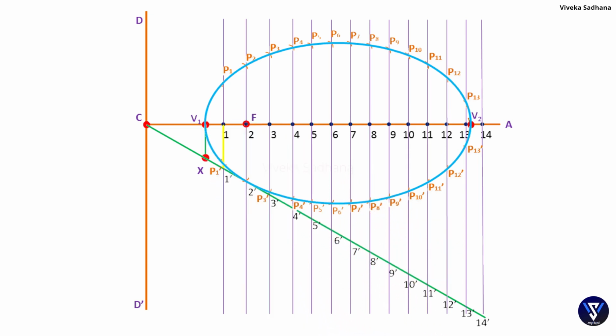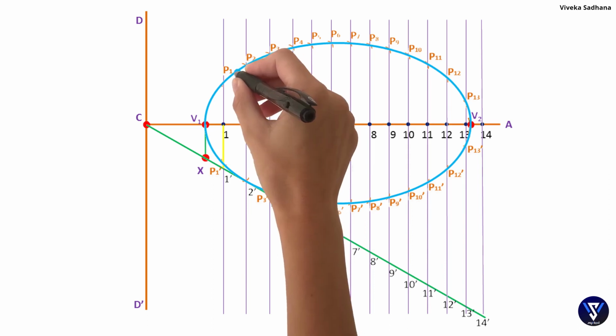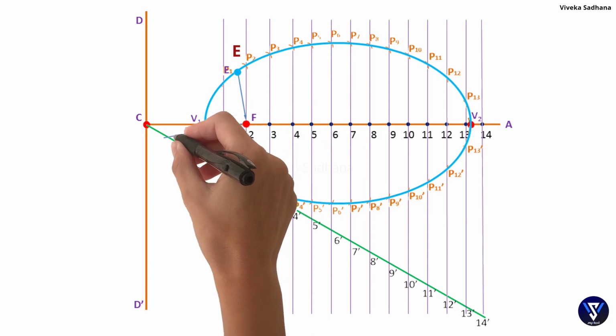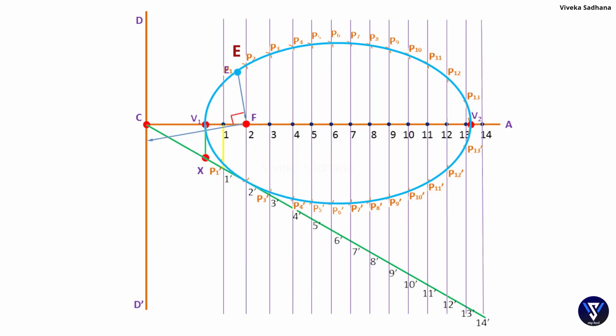Next, draw the tangent and normal as follows. Mark any point on the curve as E. Next, join E with the focus F. Next, draw a perpendicular line to EF, such that it intersects the directrix DD'. Mark it as G. Next, join GE with a straight line and extend it, and the line GE is tangent